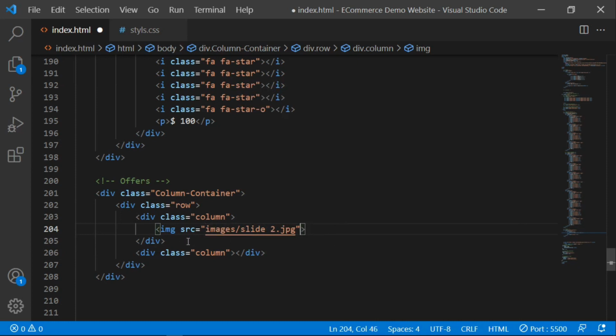So I think this part for the image is good. And then now here the second part, let me give it h1. Before h1, let me give it a paragraph, so p tag, and then let me say